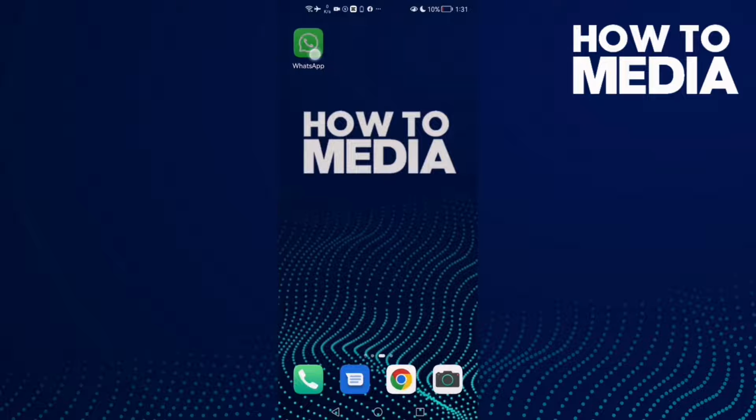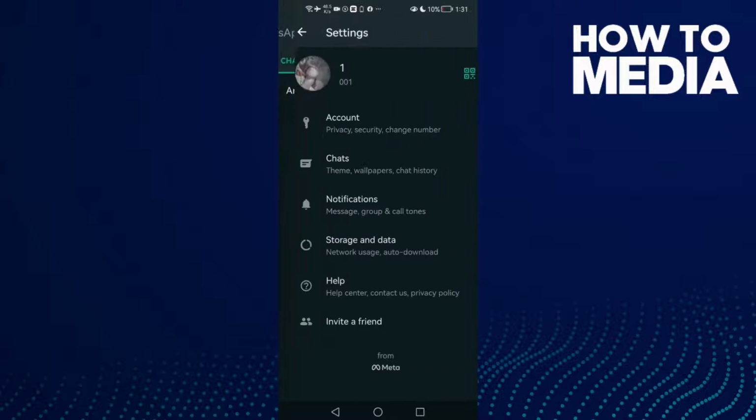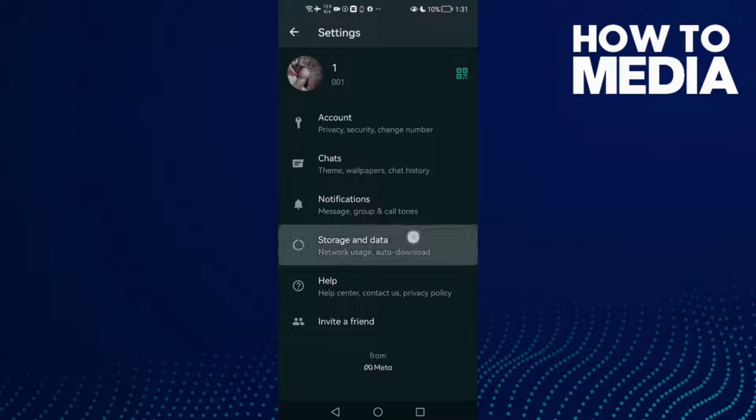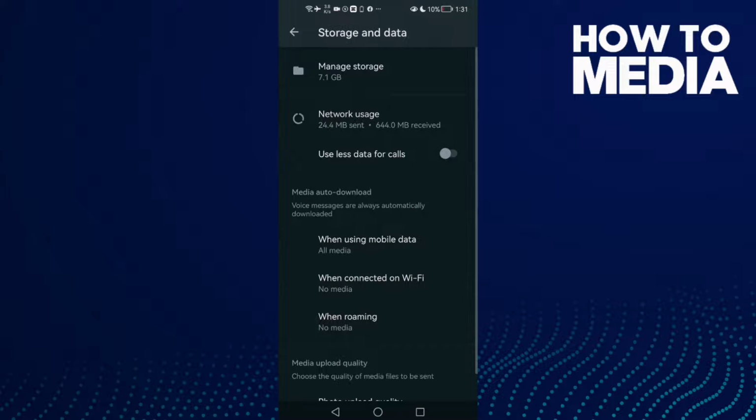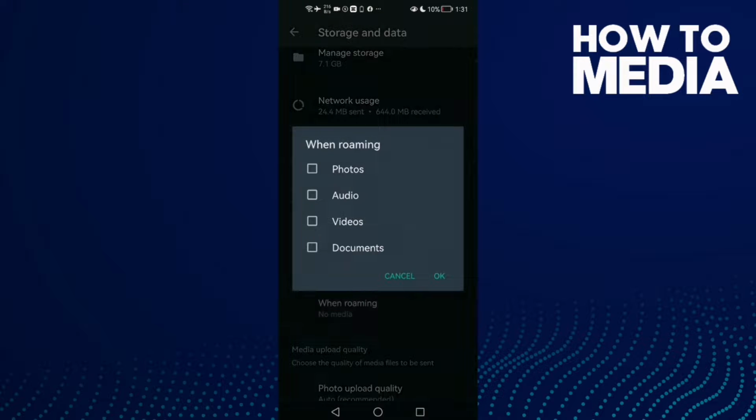First thing, go to WhatsApp and here you will find these 3 points in the top corner. Click on it and click settings, and here you will find storage and data. Click on it and scroll down until you find when roaming. Here click on it and then documents, turn it on and click OK,